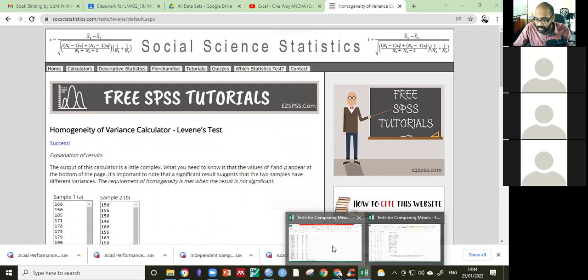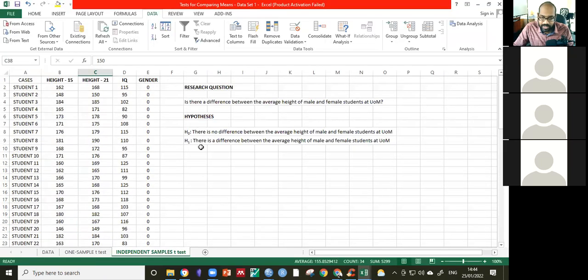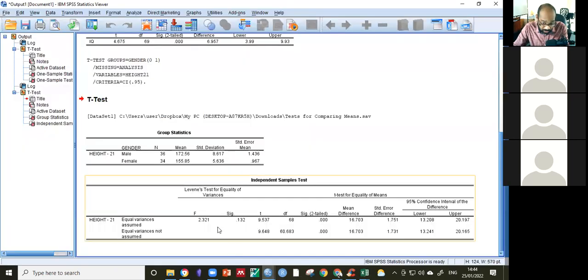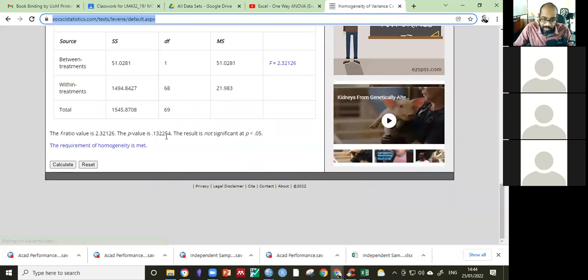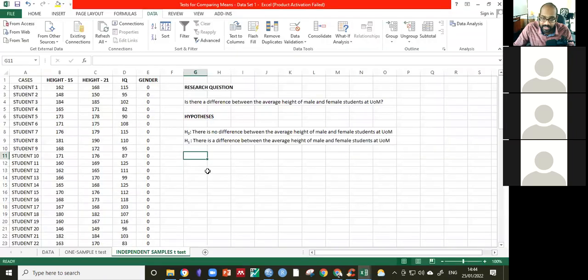Okay, good. So now we're ready to proceed in Excel. Even if we had not done it in SPSS, looking at the Levene's test here, we know that the p-value is 0.132 for the Levene's test, so we can assume equal variances. So therefore, when we're going to do the test here, we come here and